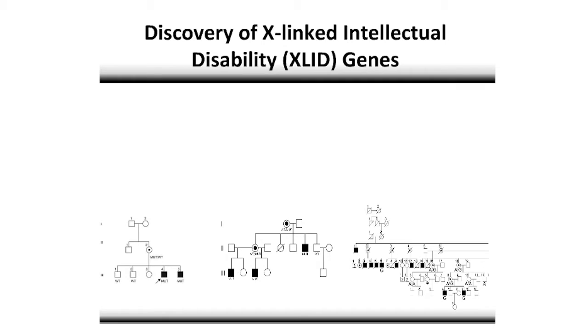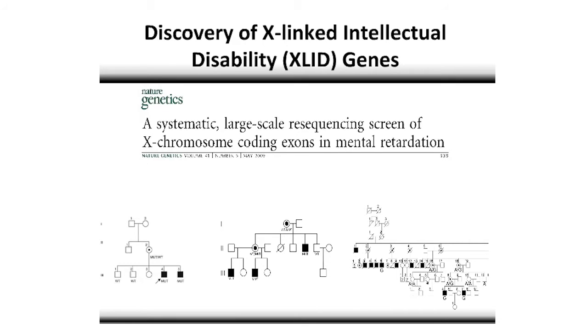So getting back to where this talk sort of begins, in 2009, I was involved in a publication which looked at trying to find the genetic cause of intellectual disability in a number of families that displayed X linkage. Here you can see the square boxes are the males, and they're black because they're suffering from intellectual disability, and you can see throughout these families that the females in circles are carriers and are unaffected. So this really told us that the X chromosome is likely implicated.